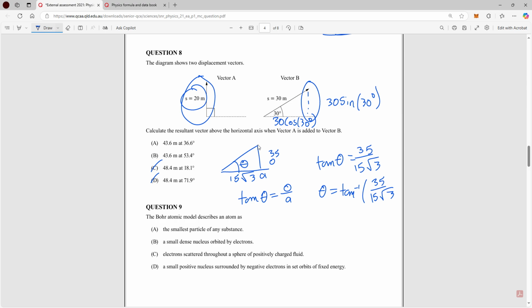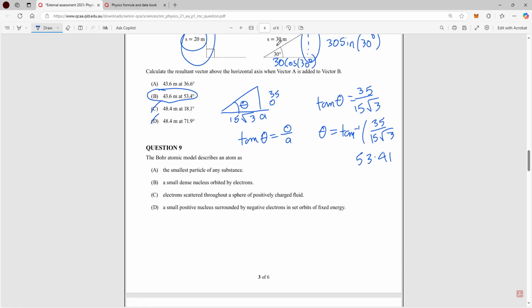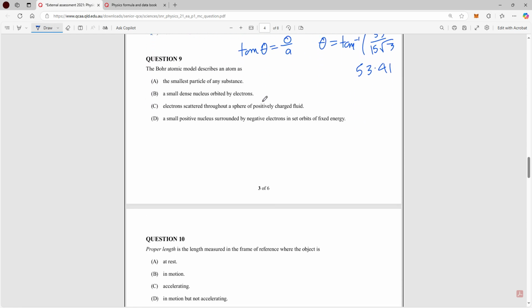And you should get, oh, my calculator's glitching a little bit. Tan inverse of 35 over 15 root 3. 53.41. Okay, so the correct answer is B, because that's 36 and that's 53. Alright. If you have any questions about that one, leave something in the comments, but let's move on to